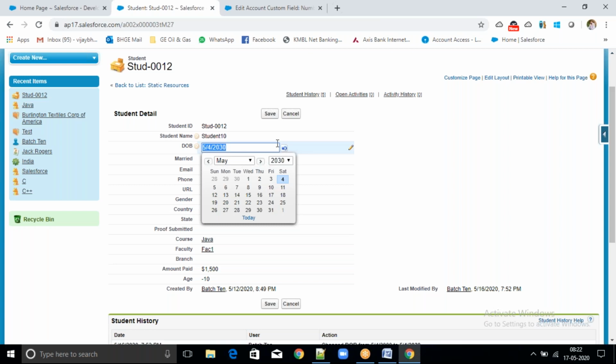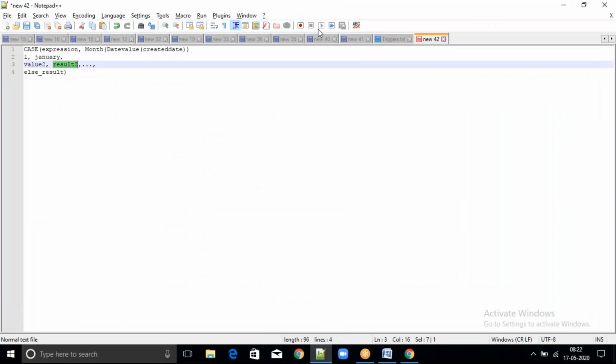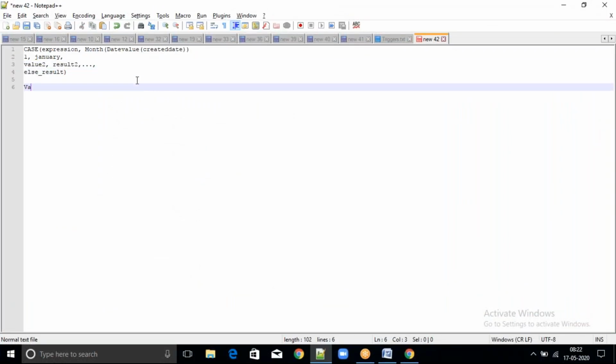So now validation rules will come into the picture. Validation rules are nothing but filtering of data in order to store good data.